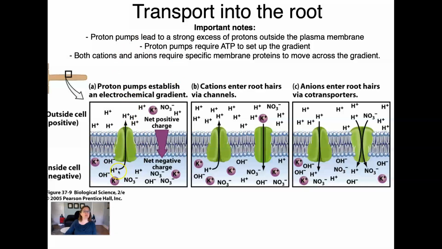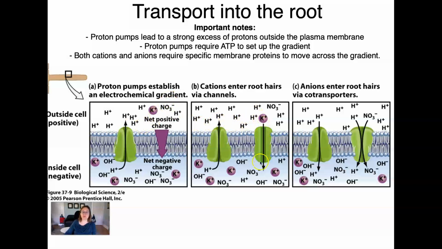So the proton pumps are pumping hydrogen ions outside the membrane of the cell, into the space between the cell membrane and the cell wall. And so there's going to be an electrochemical gradient, a proton gradient, between the membrane and the cell wall. And that allows